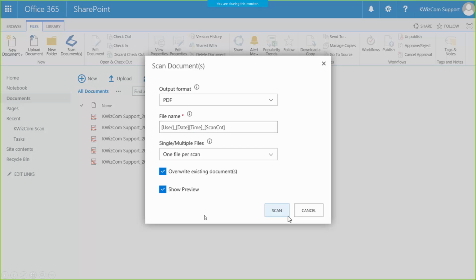Now, once you select the first mode, you see the scan settings page. This is what the end user sees, and he can select what type of output format, what file name he wants to give. He can use tokens or give a real, hard-coded file name, and also select between single or multiple files, which means